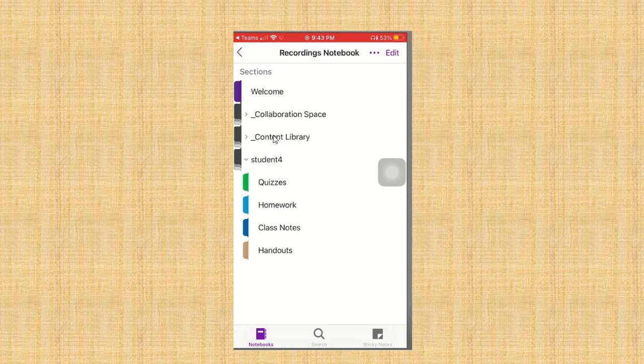Collaboration space, content library. The content library is the notes which are shared with you by the teacher. Teachers will share some notes, documents, and important materials, and all this will be displayed in the content library. And here you will find your name, and there are four tabs: quiz, homework, class notes, and handouts. Currently we are discussing homework. So if you select the homework